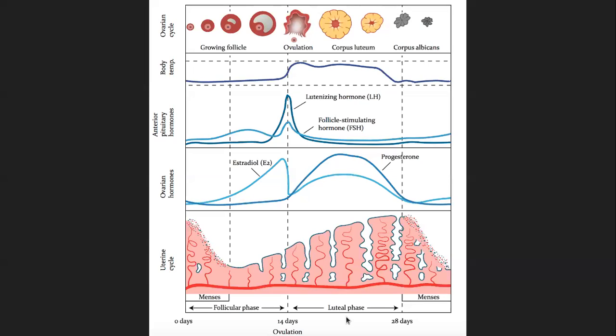We will see all those functions here. I will not complicate it, but let's say one important function of estrogen is to help in the formation of the follicle. So that is why after the formation of the follicle, it goes down, and then again later it increases. We'll see why does it increase again.